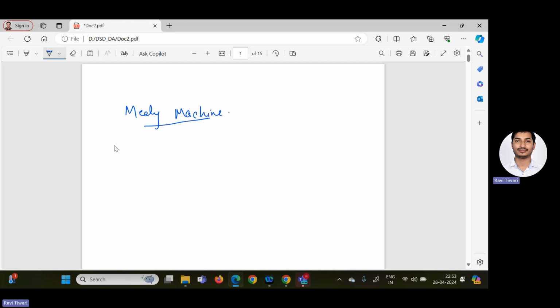For the pattern 1010, and we are considering this time non-overlapping. That means we have to check the sequence 1010 when there is a non-overlapping pattern sequence. So for example, we have certain input that are coming continuously like